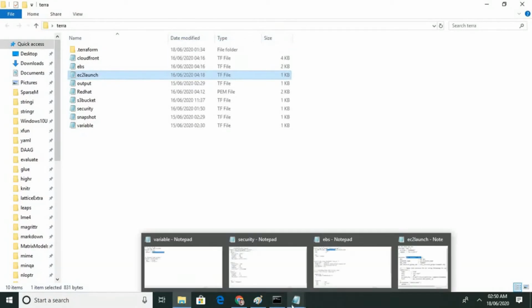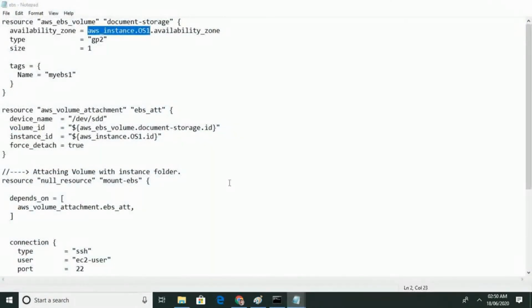Here I want my EBS, that I am saying. What is the type? It is GP2, the size is 1 GB, and in the tag you can give your EBS volume name.